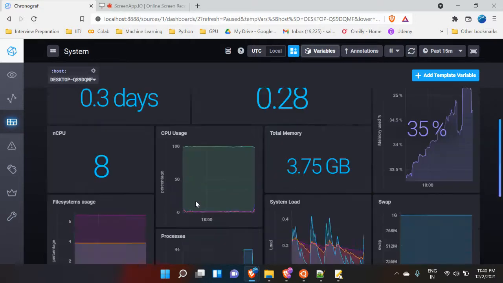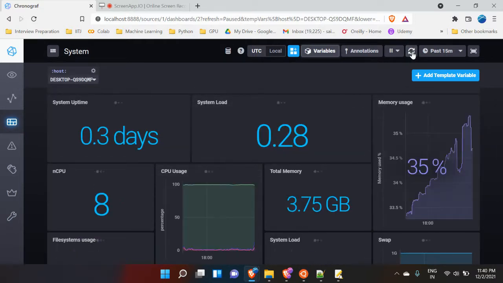As you can see, the system load keeps on increasing.